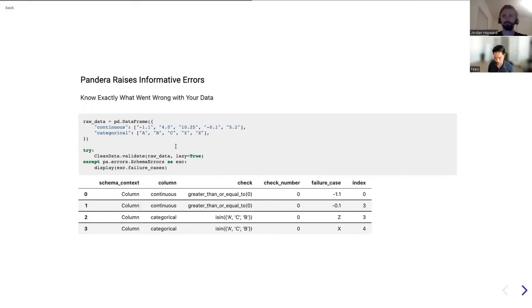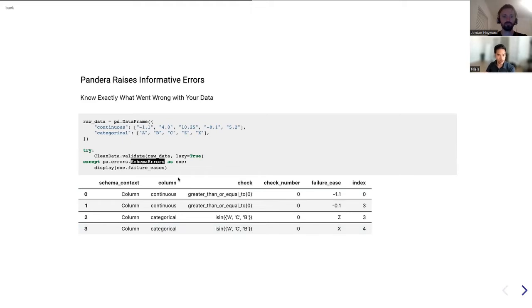So again, this is the main reason. Pandera is one of those projects that was scratching my own itch, and that itch really was wanting to know where exactly an error occurred in the data frame I was working with. So here I've introduced 2 negative values in the continuous column, and 2 invalid values in the categorical, Z and X. And when I call clean data dot validate with lazy equals true, I'll unpack that in a bit, but when I call this schema.validate method,